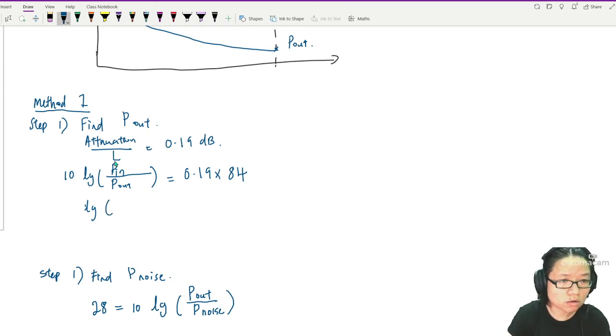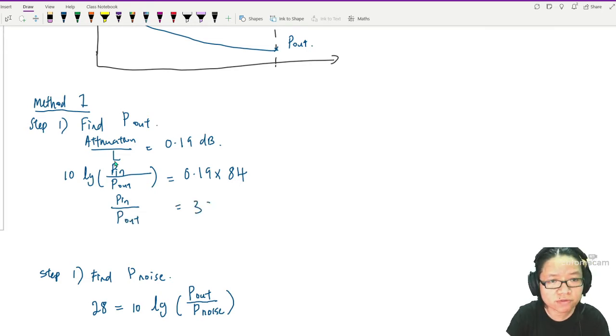So log P in, not log, I anti-log. So P in over P out is 39.445. So maybe I'll put 39.446. And now I can find P out